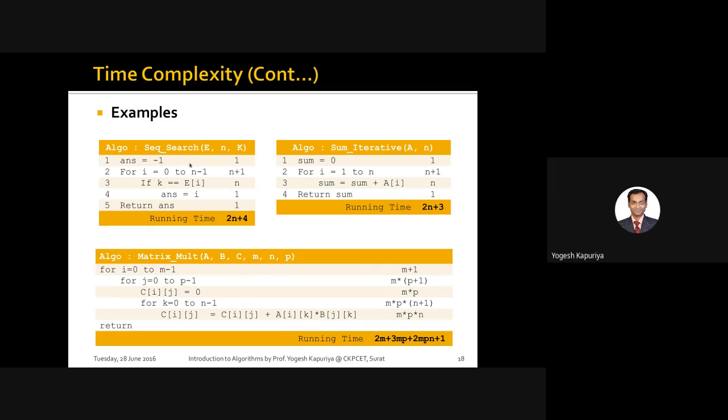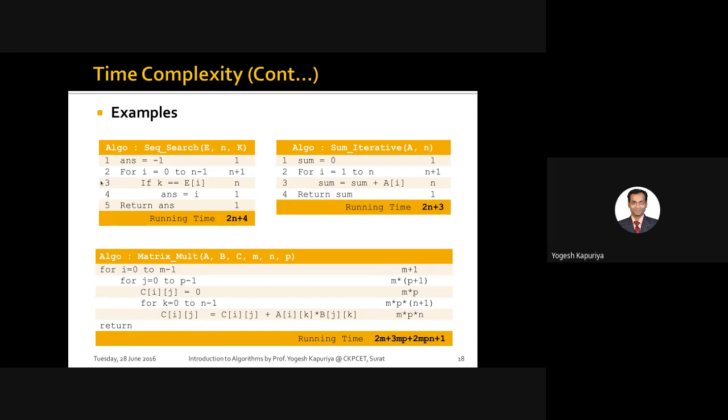The first statement, assignment, so step count is 1. Second statement, iteration, you need to find out how many times this loop is going to be executed. Again, I am running this loop fully, 0 to n minus 1, which is similar to 1 to n. That means I am running this loop n times. If I am running this loop n times, then this statement has to be executed n plus 1 times. That plus 1 is for the false condition. So the step count for line number 2 is n plus 1.